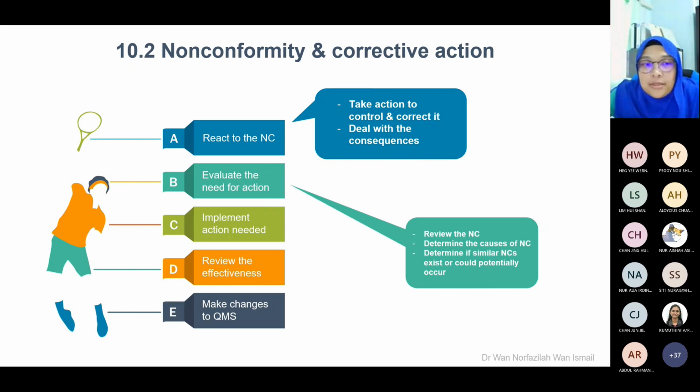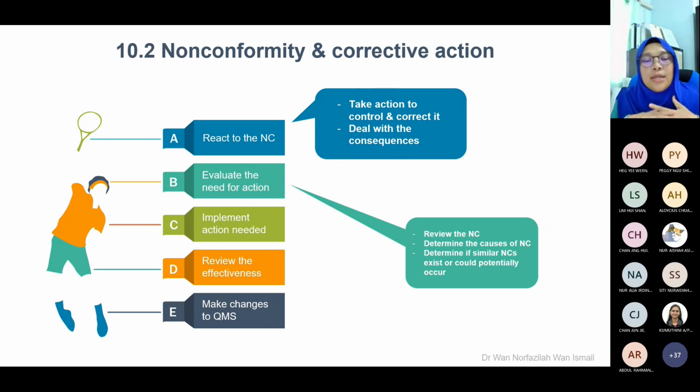Okay, non-conformity is not wrong. Bukanlah satu kesalahan besar, but how you react to non-conformity is the requirement from ISO 9001. So ada orang takut bila ada certified with 9001, bila auditor datang dia takut sebab dia rasa dia banyak sangat non-conformity. But actually how you react to that non-conformity yang kita tengok. Macam you guys lah, you dah usaha macam-macam dah nak jawab soalan, tapi tak berjaya. Kita tengok pada usaha, bukan pada results. Macam tu. Okay. And then evaluate the need for action.